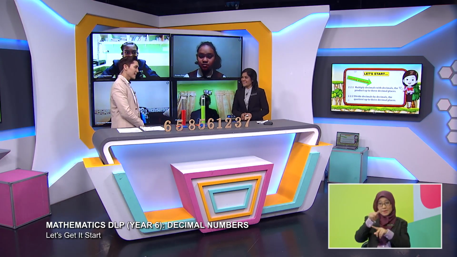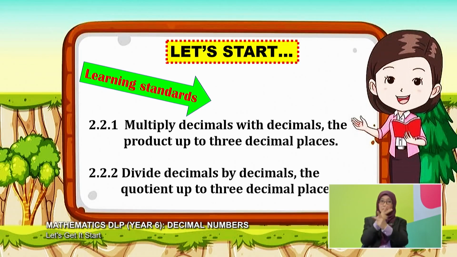Do you know what product and quotient are? I need to recall that again, but I'm quite sure we're going to be covering that for the kids later. Product: when we multiply 2 numbers or more, the answer we call the product. How about quotient? Quotient: when we divide numbers, the answer is the quotient. Nowadays the questions will just state, find the quotient. So kids must know what operation they must use. Find the product of these 3 numbers. So you must know how to find the product.